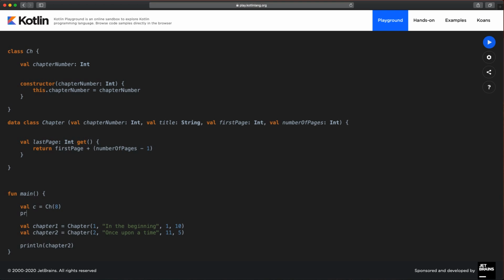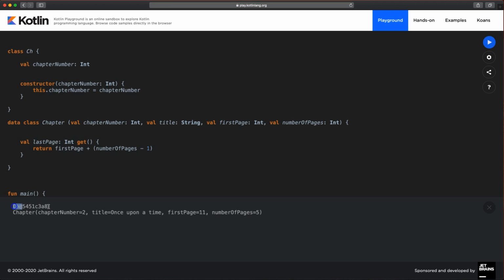And then if I do println(c), what we'd expect to see now is the little memory pointer thingy right here. So again, you can use old-fashioned constructors if you need to. I think what you'll find though is a lot of times you don't. So the next thing let's look at is, and I'm going to come back to constructors in a minute,